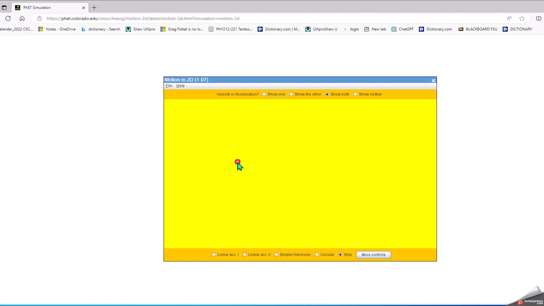As the ball is moving, you see the two arrows. One is blue, one is green, and one is indicating the velocity vector, the other is the